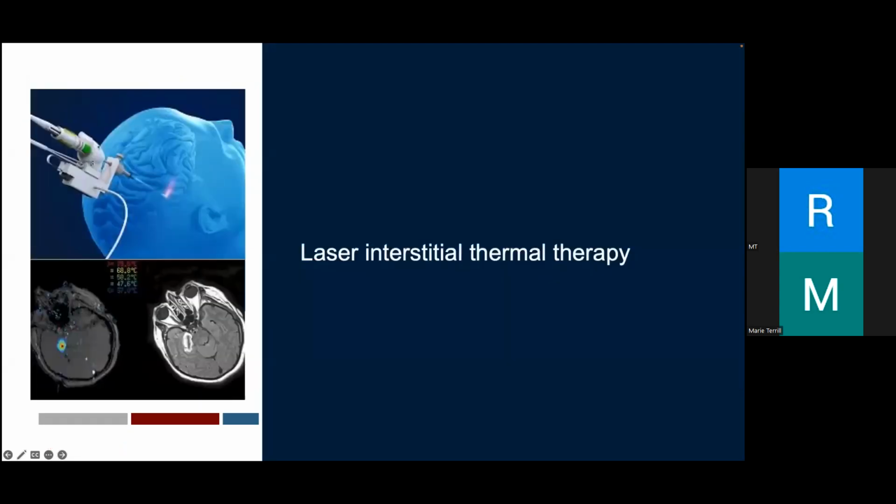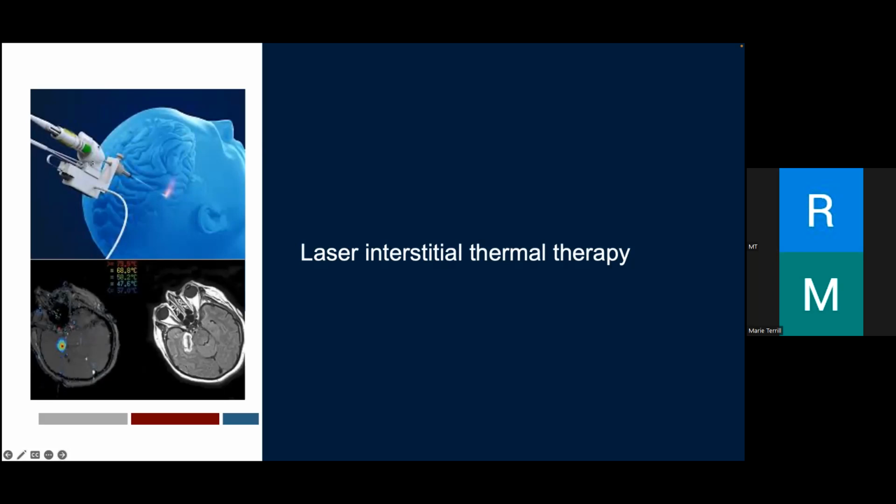Right. So starting with LIT, laser interstitial thermal therapy, and like I said, I'll refer to it as LIT going forward. It has its root in neurosurgery. It was initially explored as a technique for ablation of brain tumors. The use of laser energy to precisely heat and destroy targeted tissues proved effective in tumor ablation, which eventually led to its exploration for other neurological conditions.